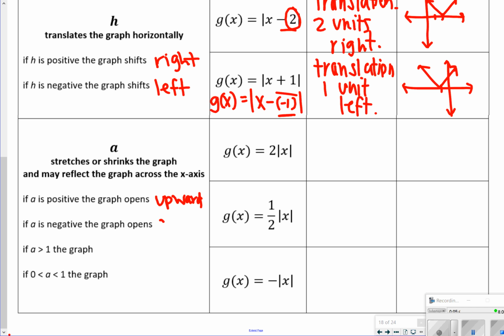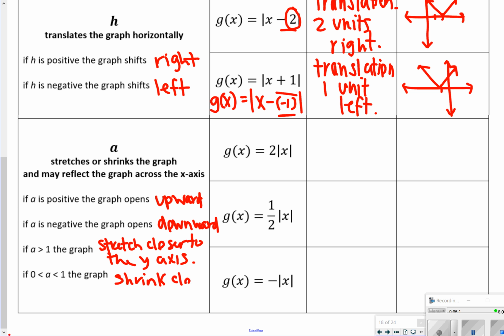Okay, if A is greater than 1, the graph will stretch closer to the y-axis. But if A is in between 0 and 1, like a fraction, that will shrink closer to the axis. So if we have 1/2 x, this will be twice, oops, we're up here, 2 absolute value of x. This is twice as narrow